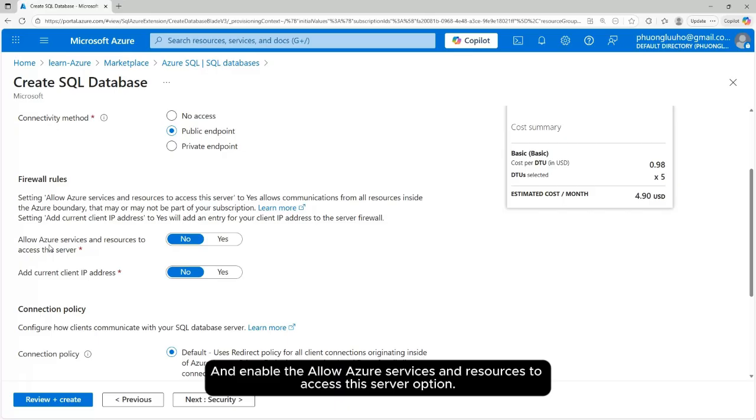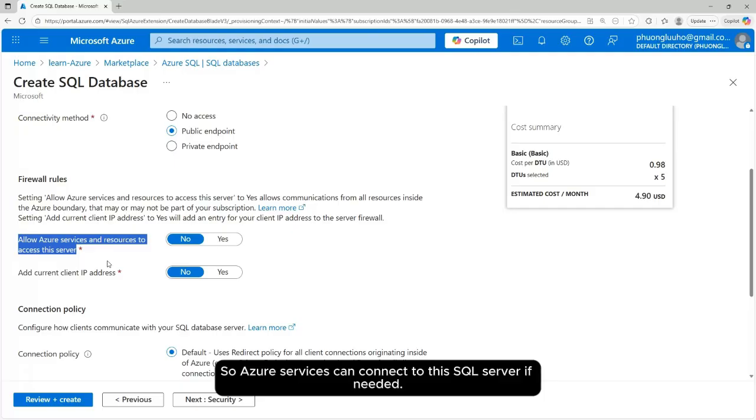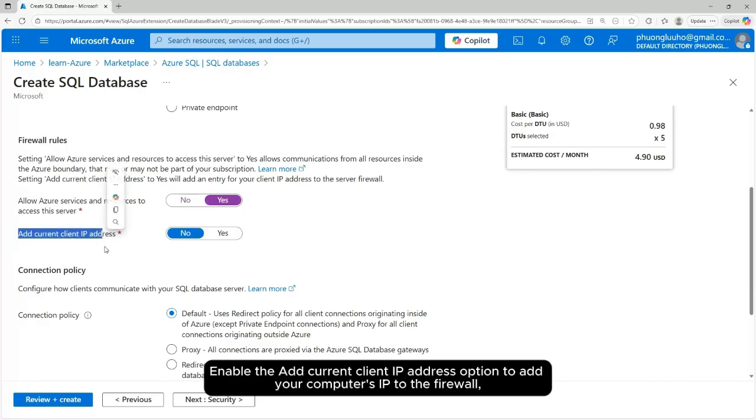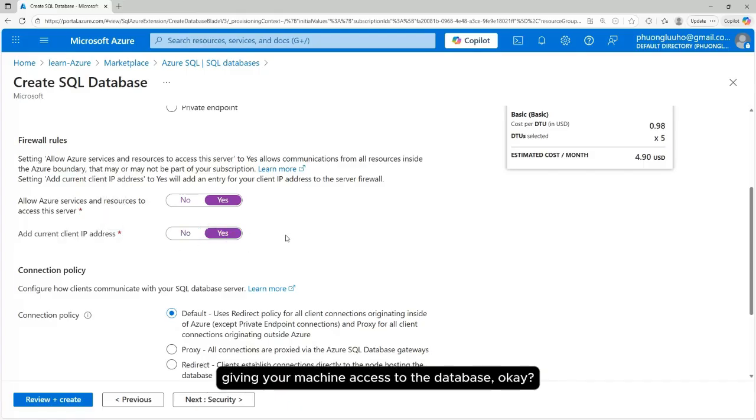And enable the allow other services and resources to access this server option, so other services can connect to this SQL server if needed. Enable the add current client IP address option to add the computer's IP to the firewall, giving your machine access to the database. Okay.